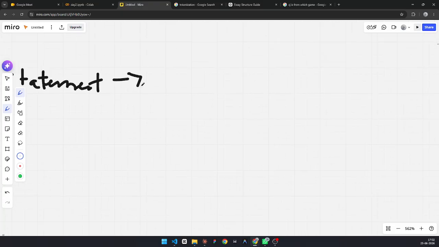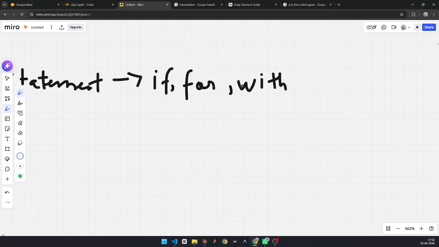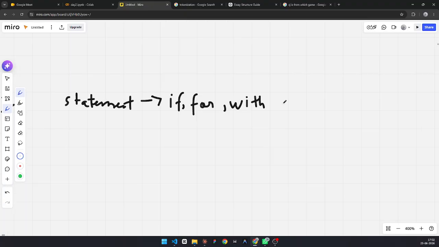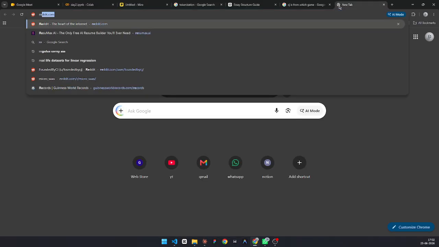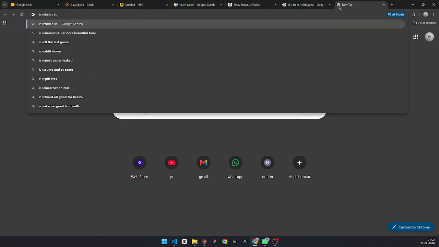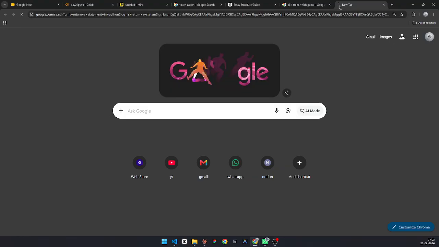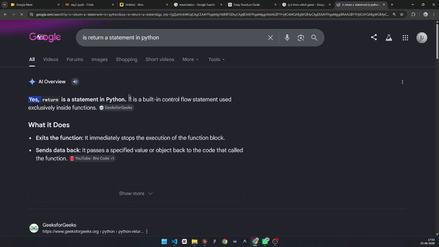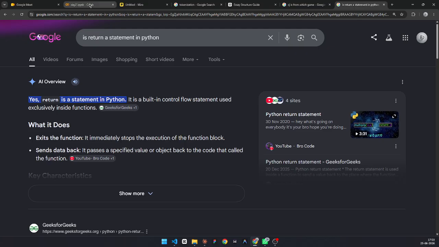Statements do not have brackets at the end. Like if is a statement, for is a statement, with is a statement, and return is a statement.